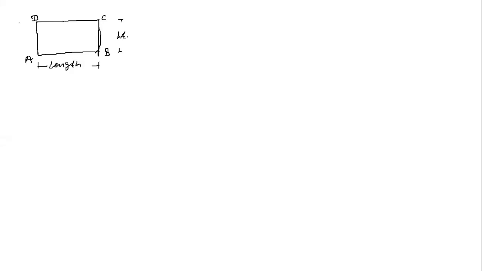rectangle. It means that the length and the height of this particular rectangle are nothing but dimensions, one of the dimensions of this square or rectangle. Sorry, we have considered it as a rectangle. So we can say that the length is one dimension for the rectangle and height is another dimension. If you go for the three-dimensional view, then we will have the width of the rectangle also. It means that for the rectangle we have three dimensions: length, width and height.